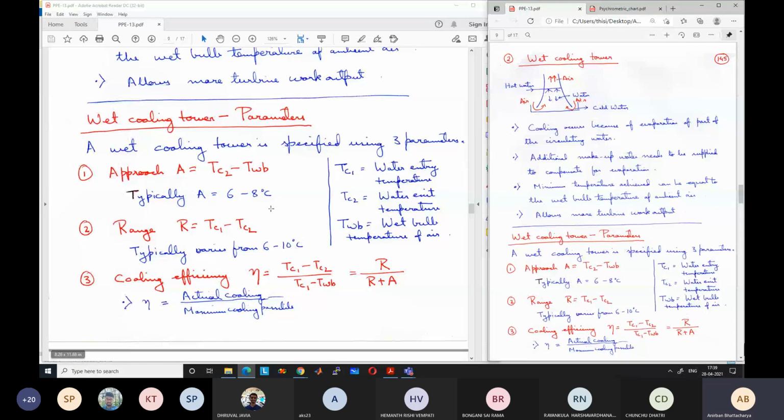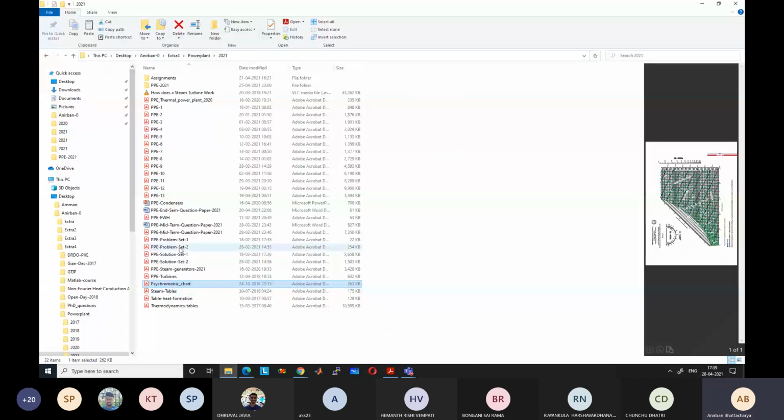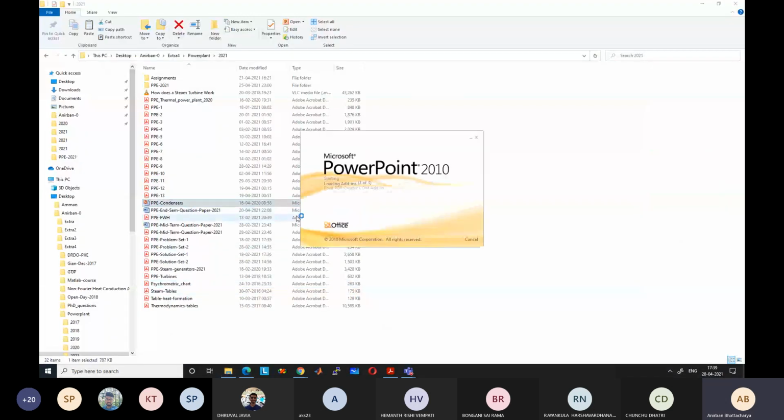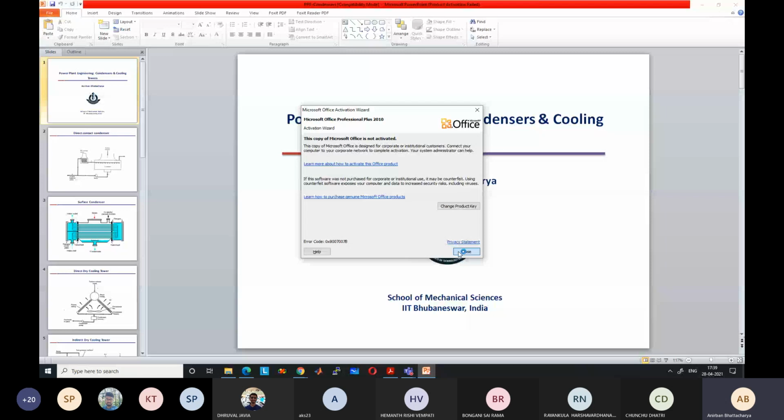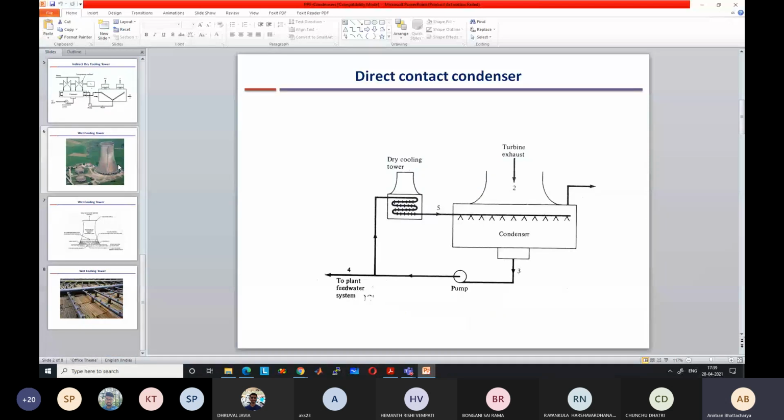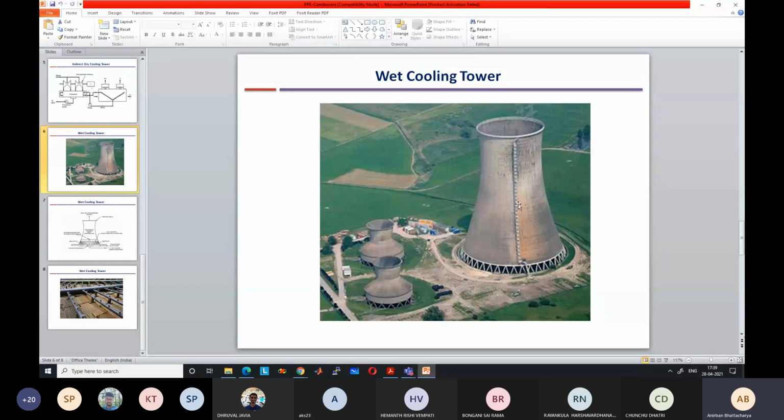very large buildings, like 30-40 stories high, 300-400 feet high, and can be seen from far away. So if you see a power plant from many kilometers away, you will see the cooling towers, and you will see that there is a cloud-like formation at the top, which is the condensation of water. So the water vapor which comes out gets condensed when it comes into contact with the cold atmosphere, and it creates a cloud-like structure above the cooling tower.